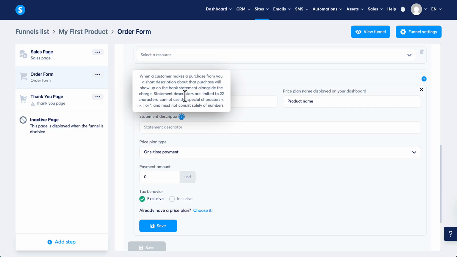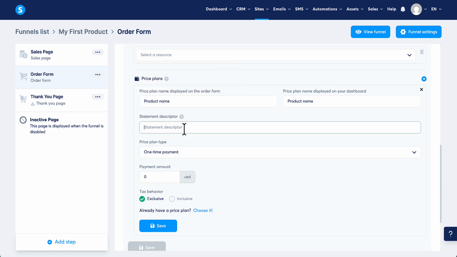Statement descriptors are limited to 22 characters, cannot use the special characters shown here, and must not consist solely of numbers. So again, you just put the product name here, should be okay for that, and the price,